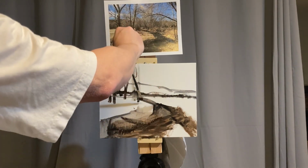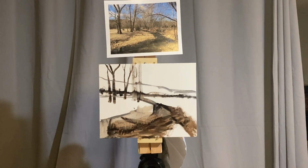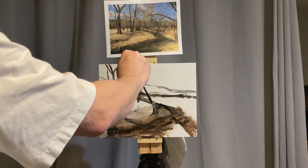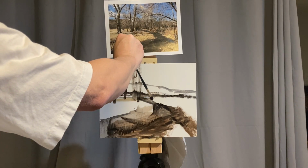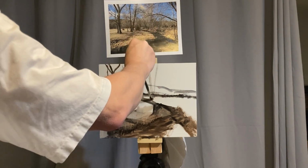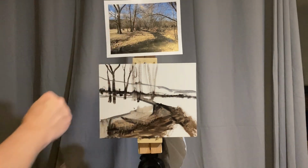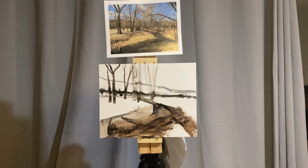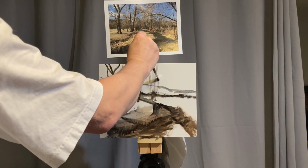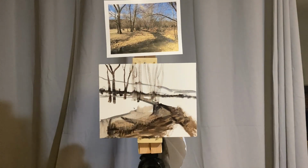And you'll notice that if you squint, the scene is just shapes and colors. And so I'm trying to do the best I can at looking at those shapes and colors and getting some of that feeling into the painting early on. Some of this is going to get covered up by the other layers of paint that I will be putting down, but this gives me sort of a map of where it's going to go, and some of these little bits of color are going to remain in the painting,